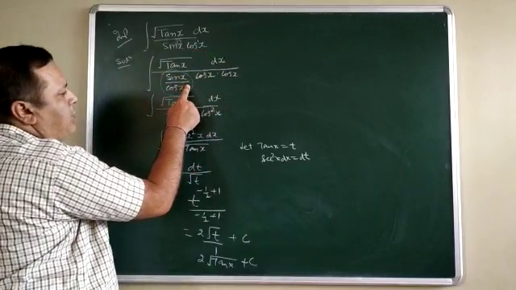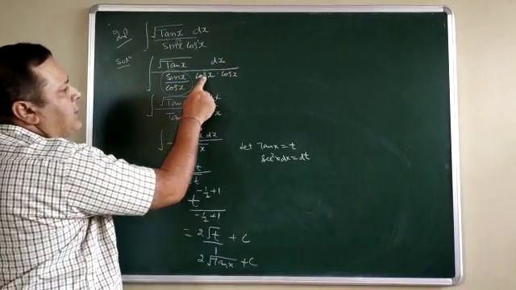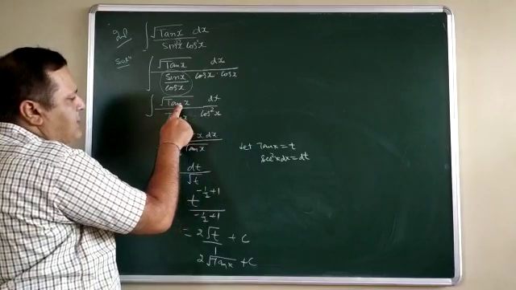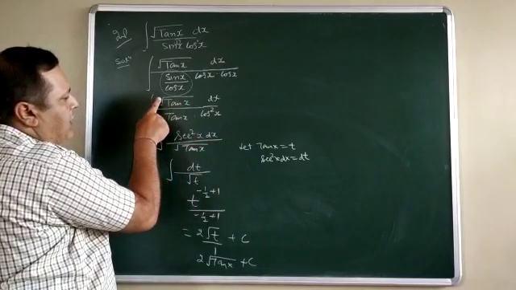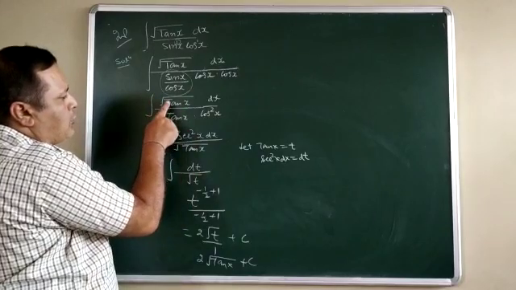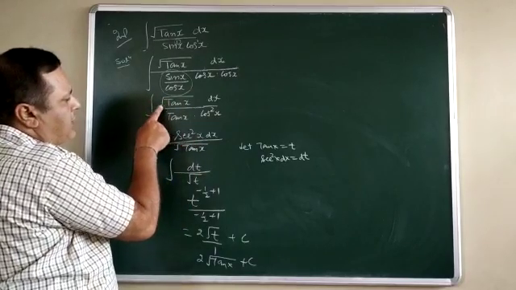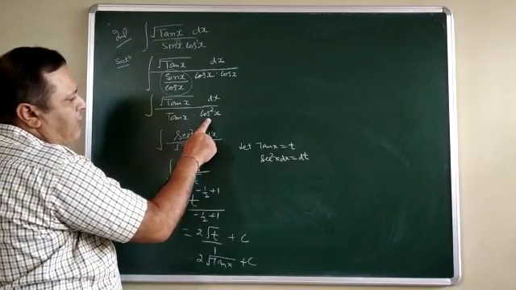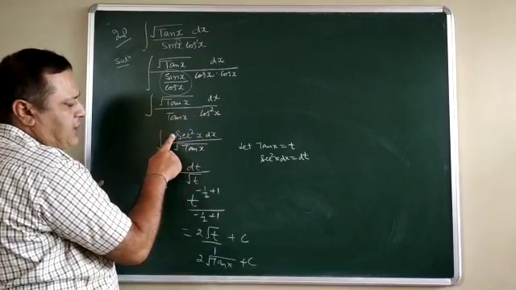Now this sin upon cos changes into tangent. Cos into cos will make cos square. Now it is tangent x, it is also tangent x, one is under root, one is without under root. So this has a power 1, that has a half power. After cancellation, half power is left, and 1 upon cos square is changed into secant square.